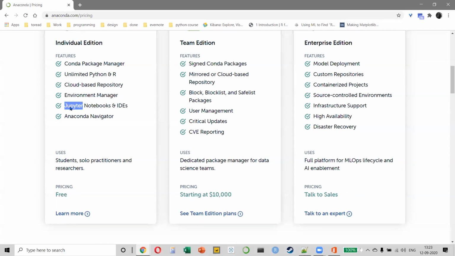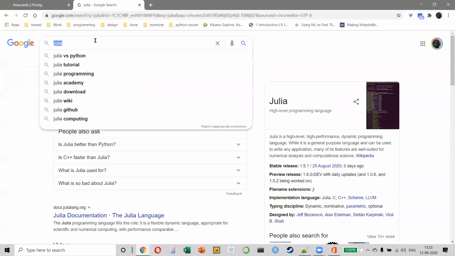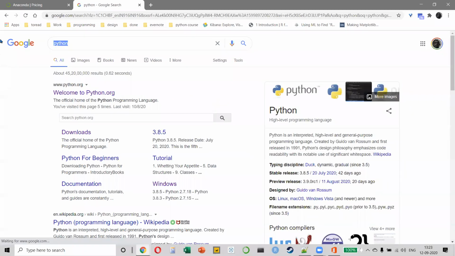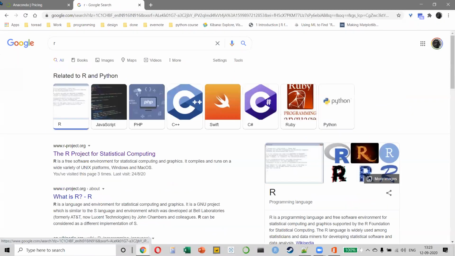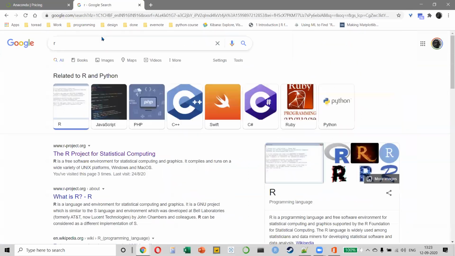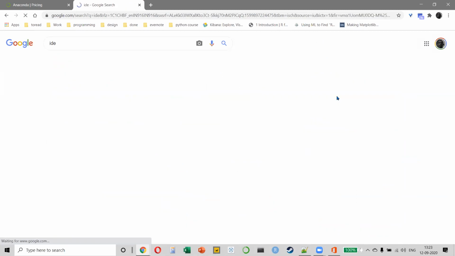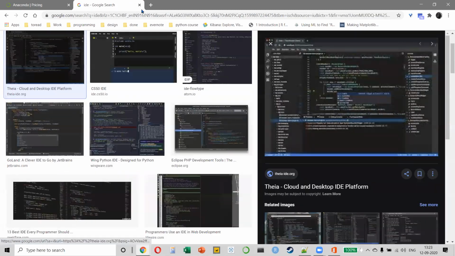Now, some of you who have not worked on Python, I'm sure you would have at least heard of Jupyter. Jupyter is basically three words. JU stands for Julia, PY stands for Python, and TER stands for R, right? So Julia is another language, and then of course you have Python and you have R as well. So Jupyter essentially allows us to run these three languages in an IDE. An IDE is an interactive development environment. So an IDE basically is just like a program or a software where you can run all these codes, right?